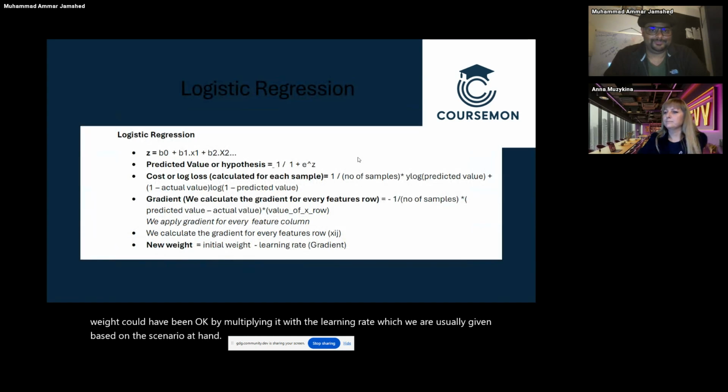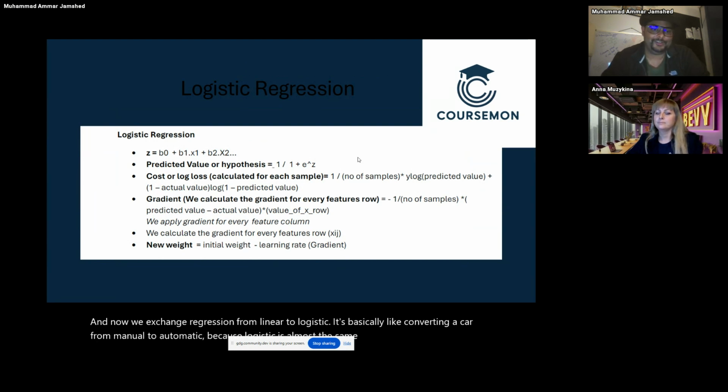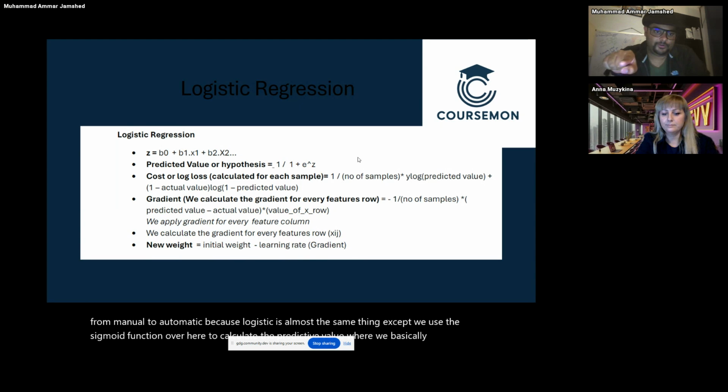And now we change regression from linear to logistic. It's basically like converting a car from manual to automatic, because logistic is almost the same thing, except we use the sigmoid function over here to calculate the predictive value, where basically the entire function of b naught plus b1 into each feature column